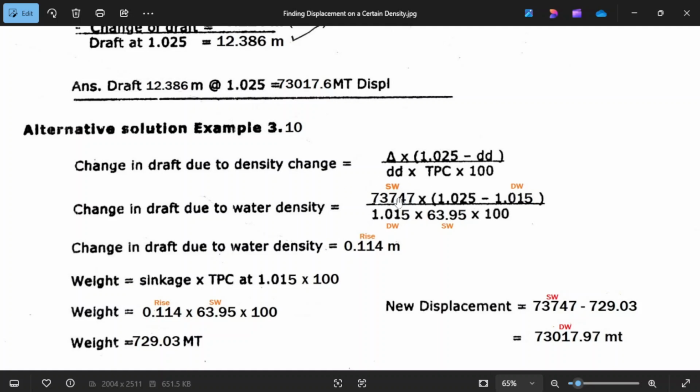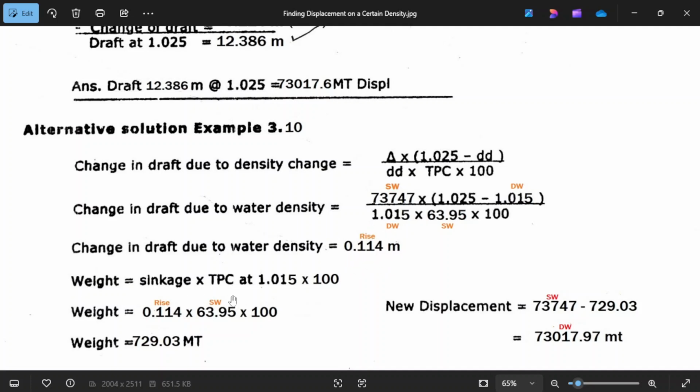This will be your salt water displacement. This is salt water density minus your brackish water density of 1.015, over the brackish water density of 1.015, times your salt water TPC times 100, and the resultant will be 0.114, I mean it, rise.